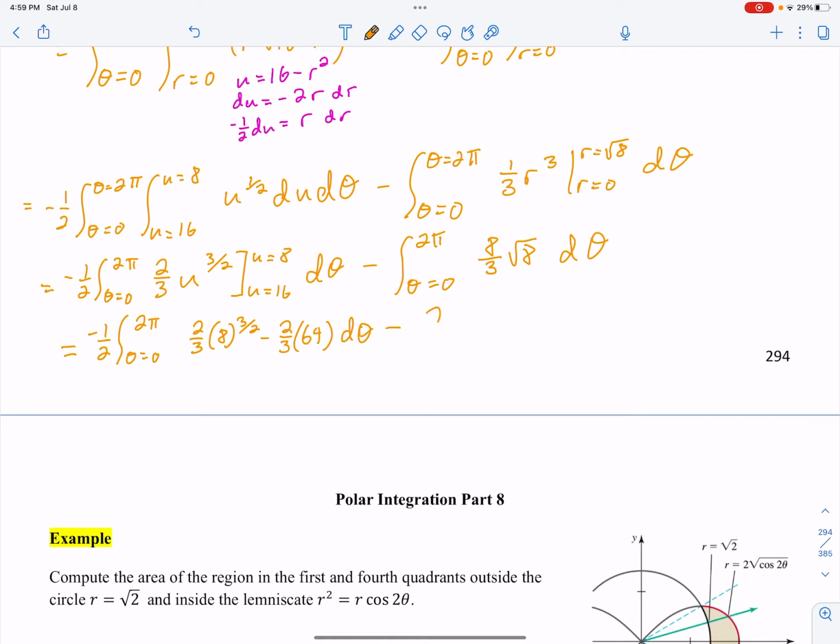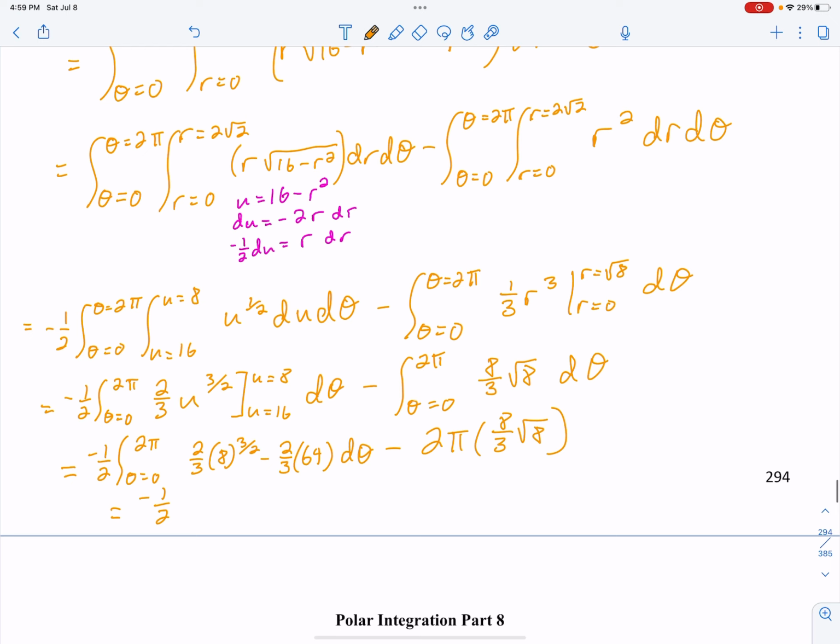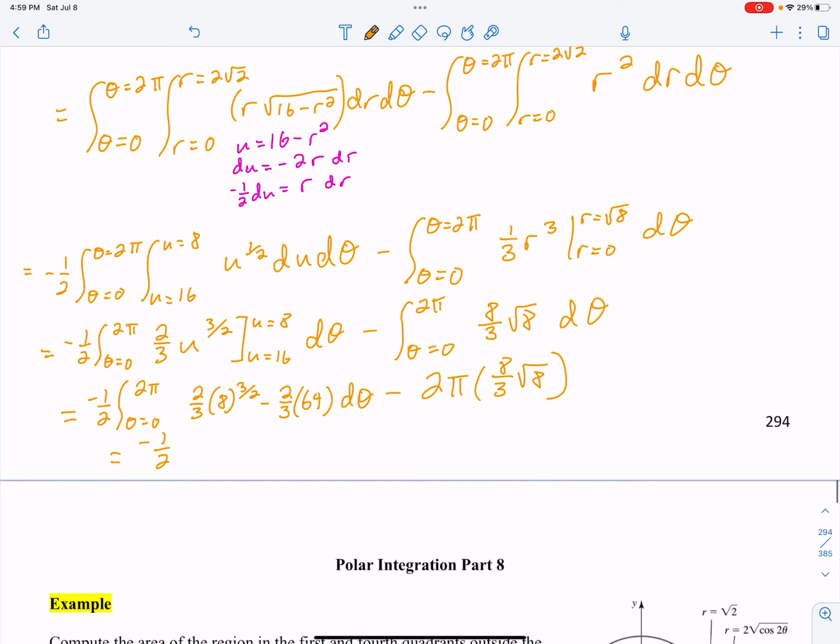I'm going to go ahead and this one is going to be very easy. Right, the 0 will just go away, so I have that. We have our last integral here. I got negative 1/2, and then it's going to be 2/3, 8 to the 3/2 minus, okay, 64, that's not clean at all, so it's 128 over 3. And then we run it from 0 to 2 pi. You can see how that's going to work out. And then we got minus, I'm just going to leave this, we can actually make it 16 pi over 3